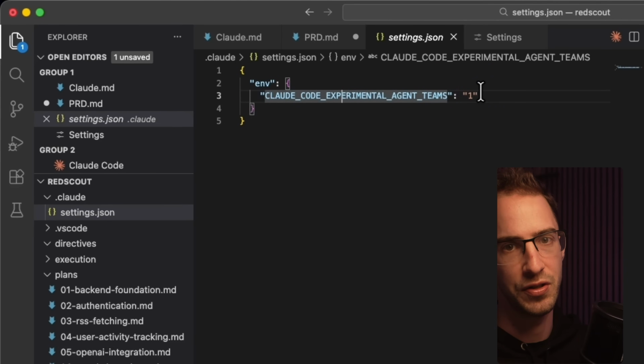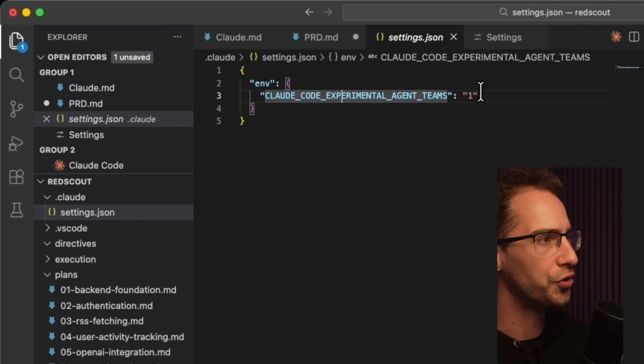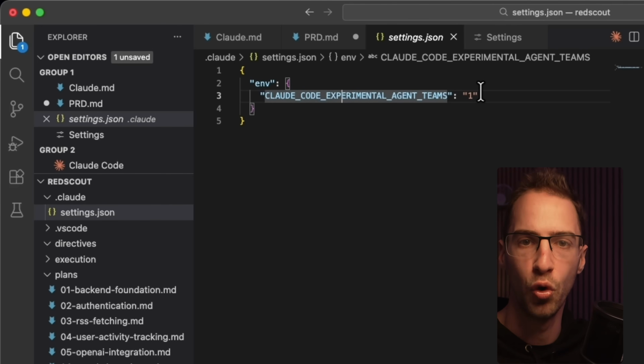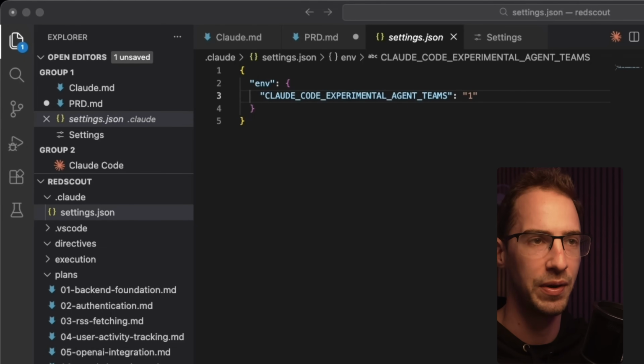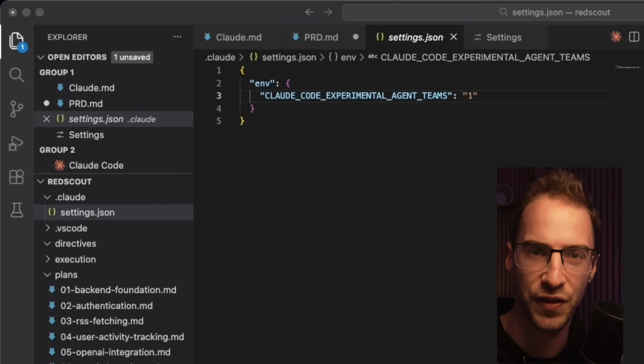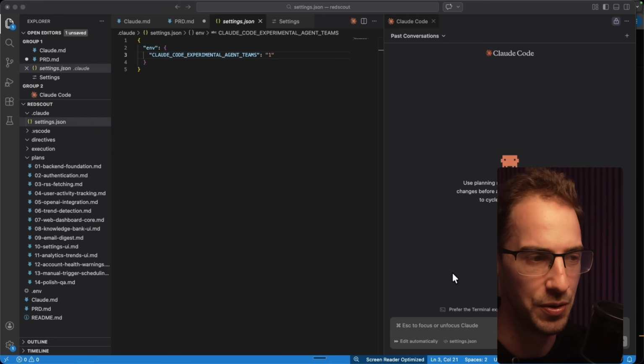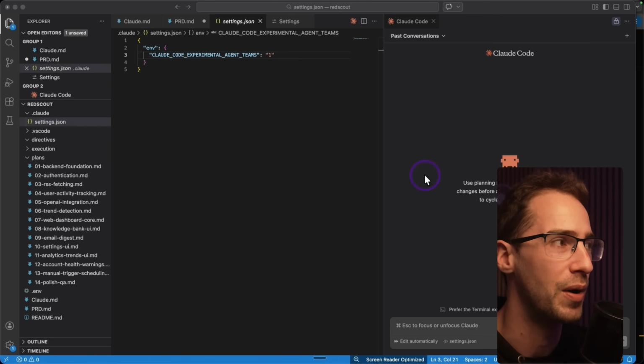This is something that you need to do to enable agent teams just because it's an experimental feature at the moment. Also, just to touch on something that you're not seeing here, normally when I spin up a new Claude Code project, I'll give it a default list of things that I'm happy to give it permissions to. Reason for this is just so I don't have to keep clicking auto accept for things that I'm happy for